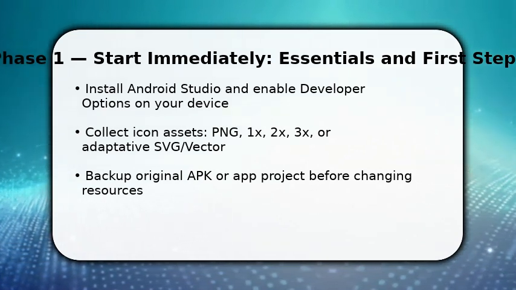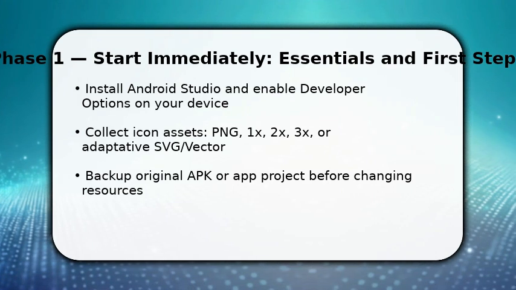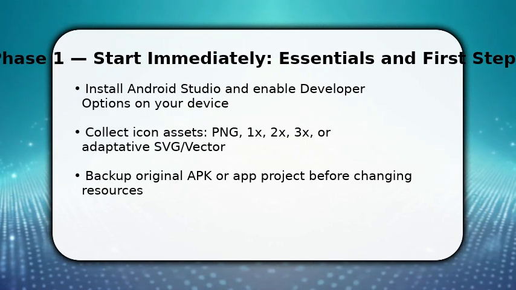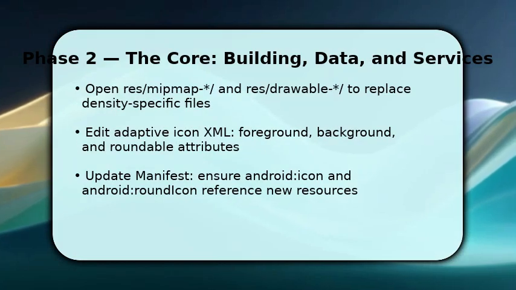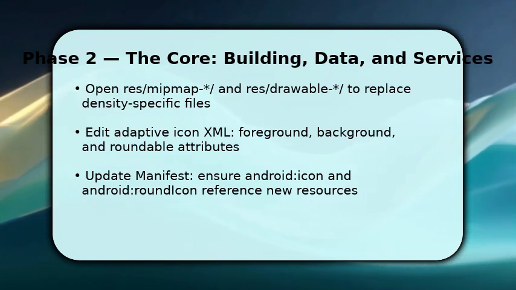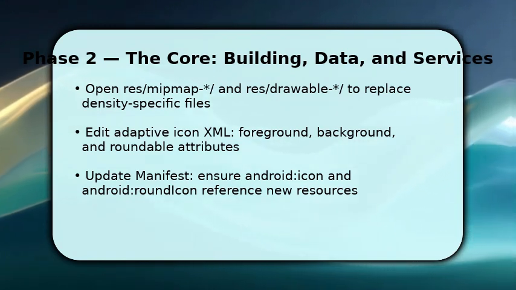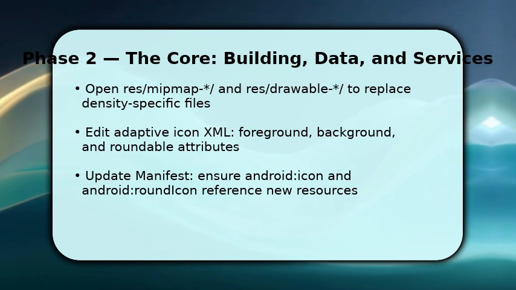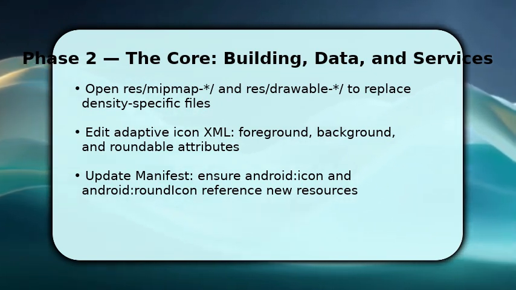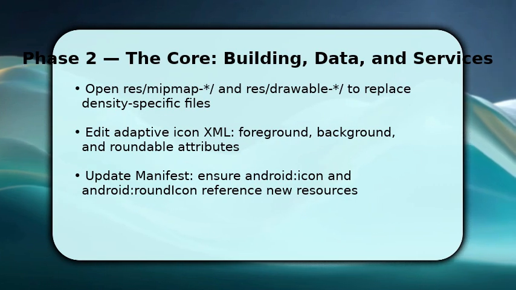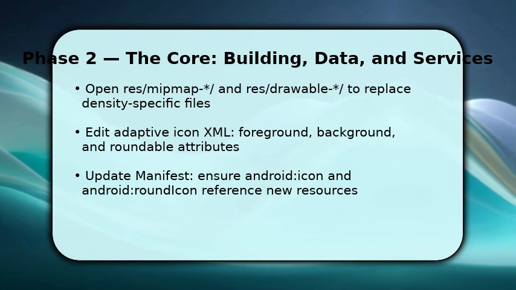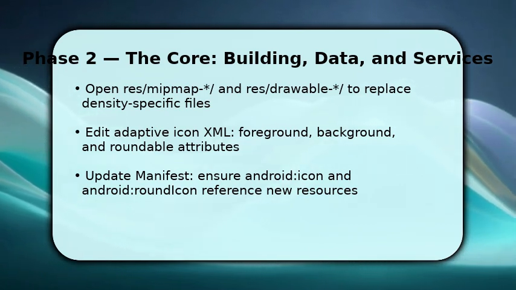Now open the project in Android Studio, or use APK tool if you're editing a compiled APK. We'll modify resources next. With the project open, replace density-specific files in res/mipmap-ldpi through xxxhdpi and put vector or PNG foreground/background in drawable. Then edit the adaptive icon XML under res/mipmap-v26. Set the foreground and background drawables, and ensure masks and round flags are correct so the system can generate